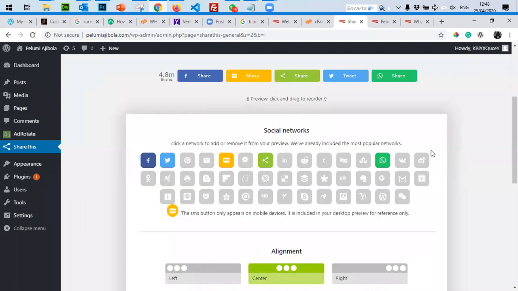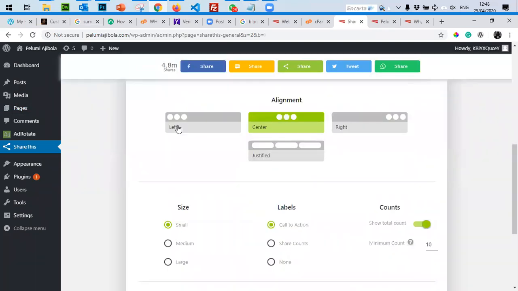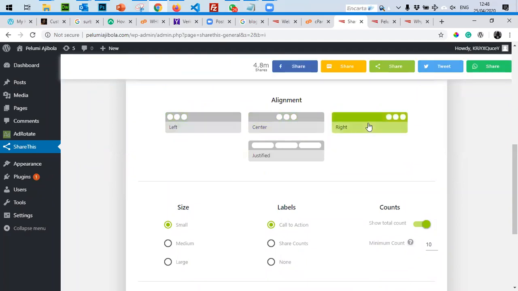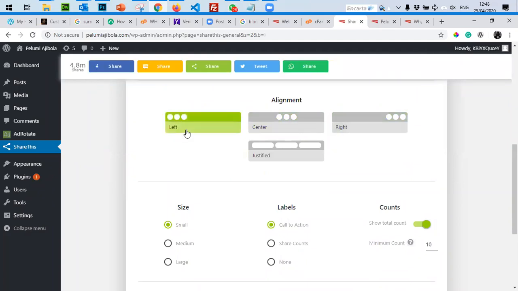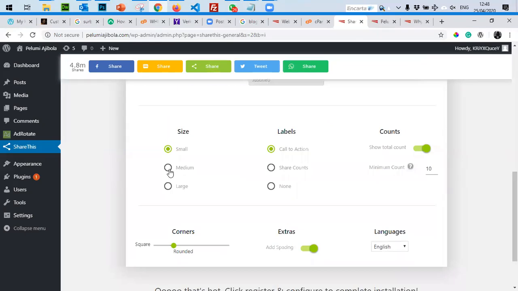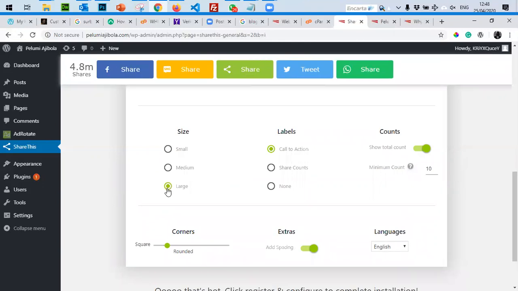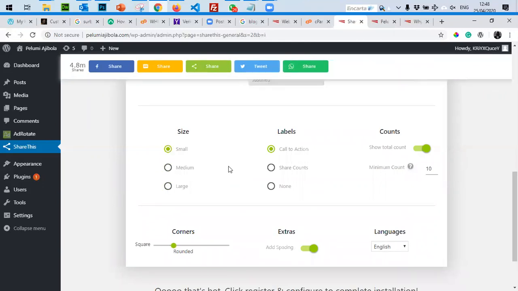This is how the button will appear, unless you want something different, whether you want it on the left of your post, in the middle of the page, or on the right. The left is ideal for a normal post. I can say I want a medium shape, a large shape, or a small one.